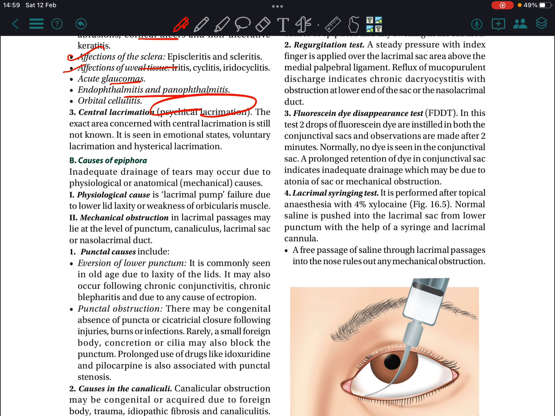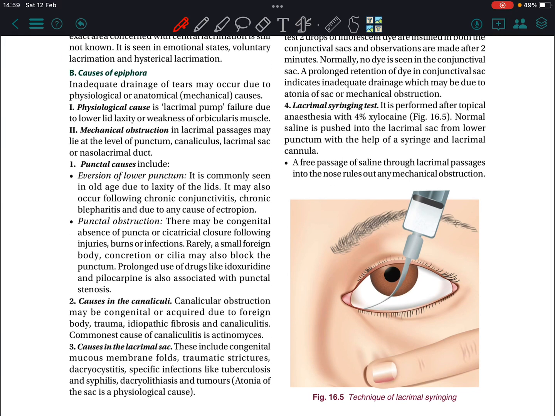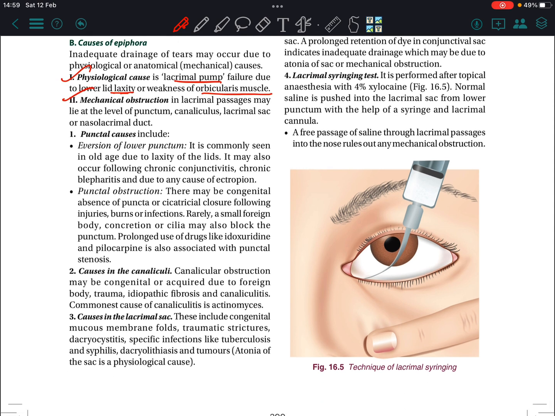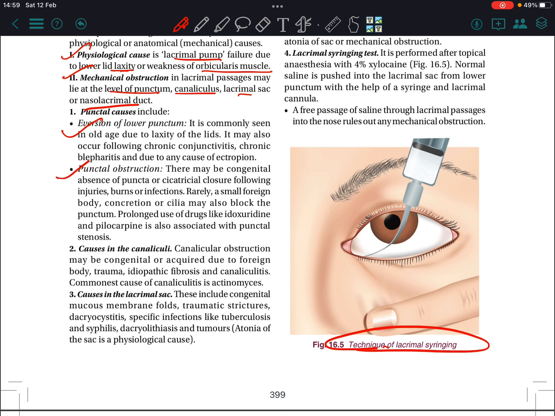is not known. Causes of epiphora: inadequate drainage of tears may be due to physiological and anatomical causes. The physiological cause is lacrimal pump failure due to lower lid laxity or weakness of the orbicularis muscle. Then mechanical obstruction in the lacrimal passage may lie at the level of the punctum, canaliculus, lacrimal sac, or nasolacrimal duct. Punctal causes: eversion of lower punctum, punctal obstruction. Eversion of the lower punctum is commonly seen in old age due to laxity of